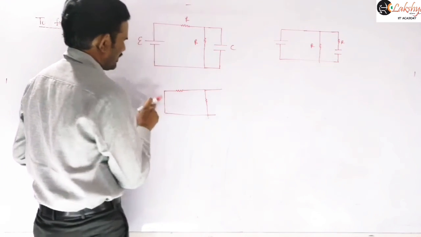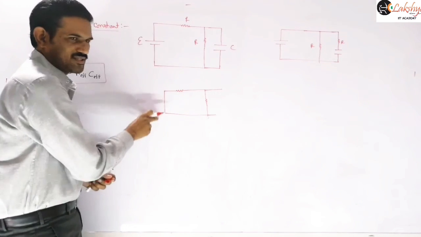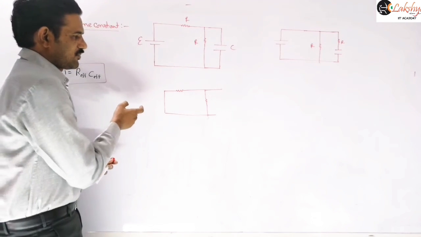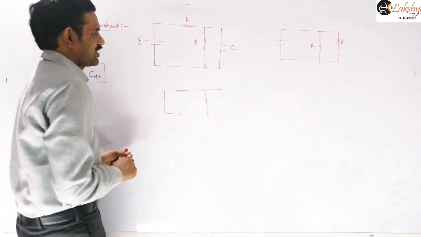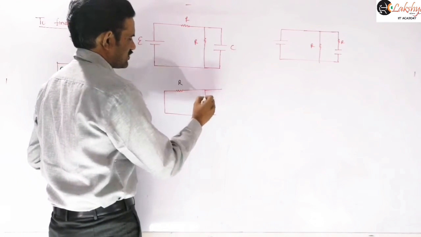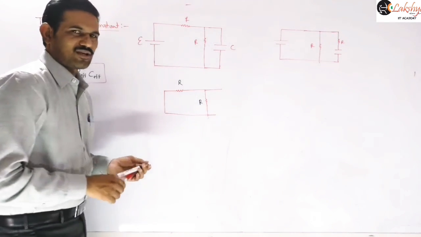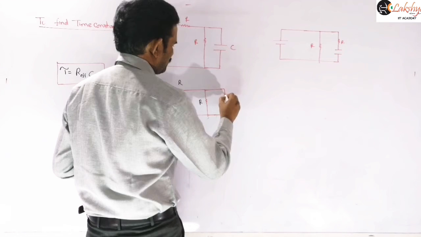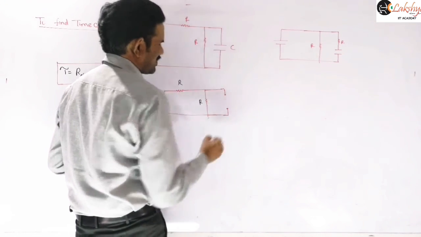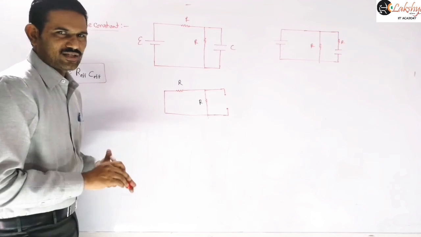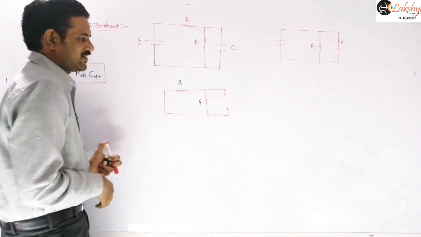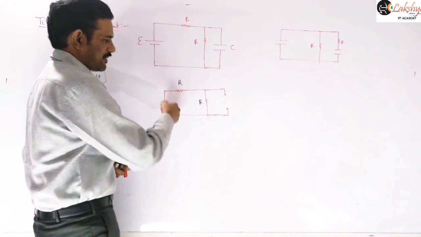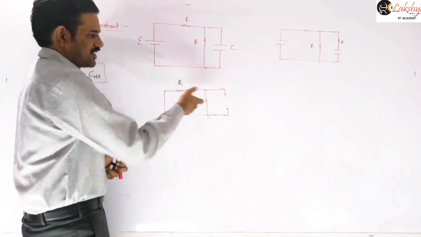You can observe now here, a cell is given here. Now I am replacing that cell by a conducting wire here. That is the point I mentioned there, the meaning of that point. So we are replacing this by a conducting wire. This is a resistance and this is also a resistance, right? Now two resistors are here. Then we need to find the effective resistance across this capacitor. Across this point a capacitor is connected, so across that we need to find the effective resistance. Now we can easily identify that these two resistors are in parallel, right? This resistance you may connect here so that you can understand it easily.